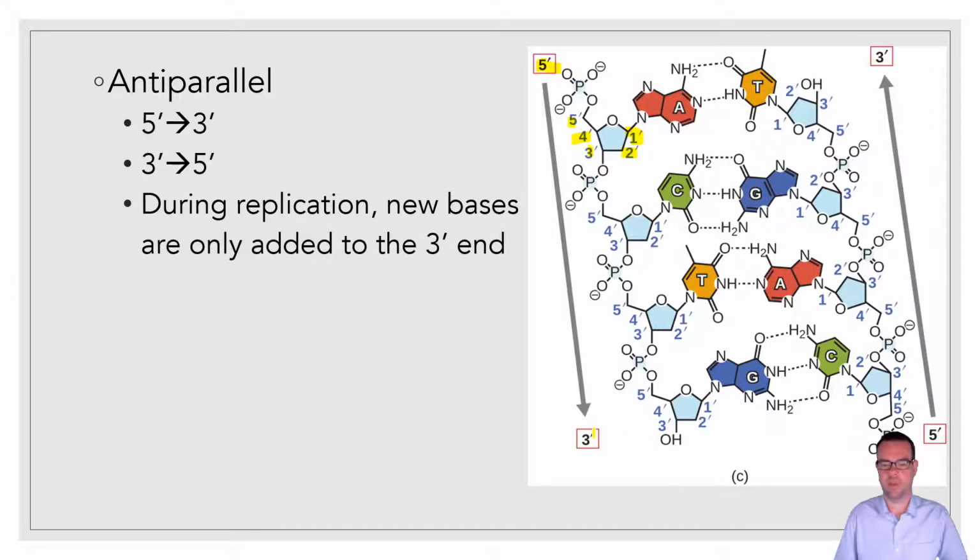And this end is the 3' end, because the 3' carbon on this deoxyribose is facing down. You'll notice the other strand is the exact opposite, runs the opposite direction. 5' is down here, 3' is up here, and so there's your 3' carbon, and down here is your 5' carbon. Now that's going to be important later on when we start talking about DNA replication,